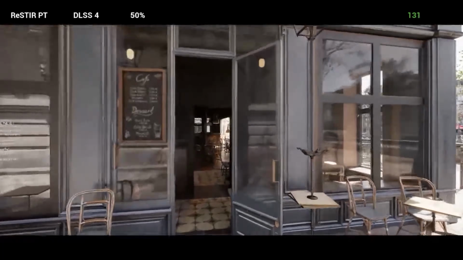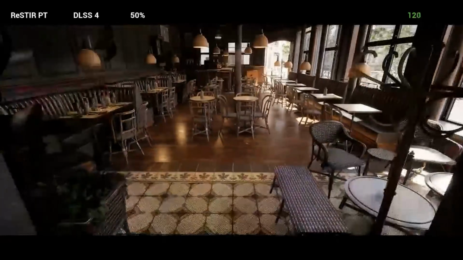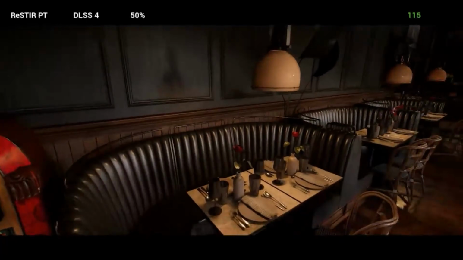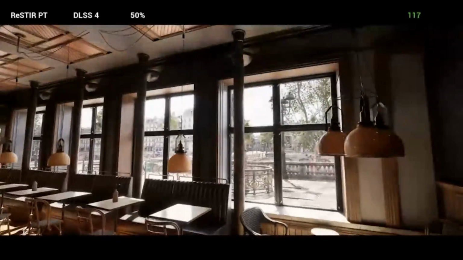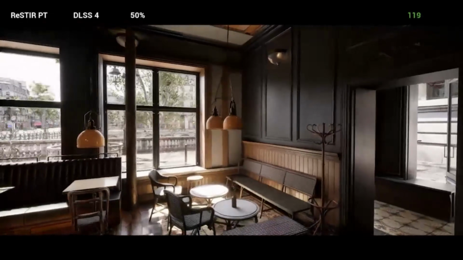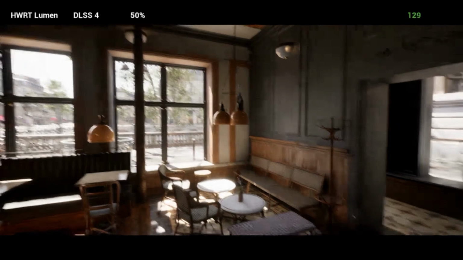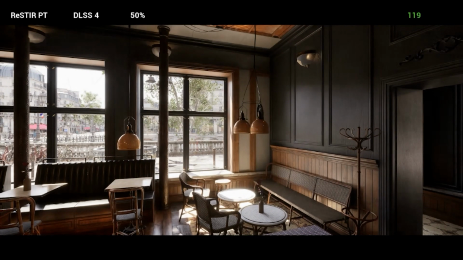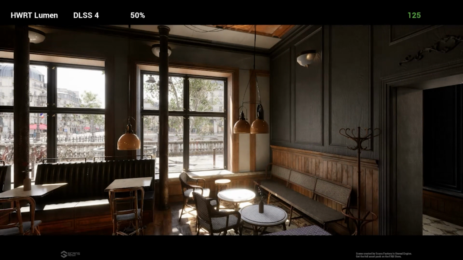Anyway, this is the same scene that you were just running, but on a 5060 Ti, and you can see the frame rate in the top right. This is on a 1440p display, so I'm currently using DLSS 4 at 720p, 50% input resolution, basically performance mode. And here I'm switching a little bit between hardware Lumen and ReSTIR PT, so we can see what that looks like. On this hardware at this level, hardware Lumen gets 130 frames per second,